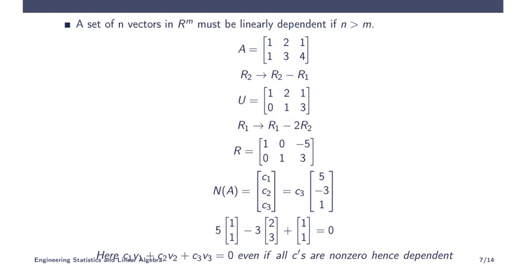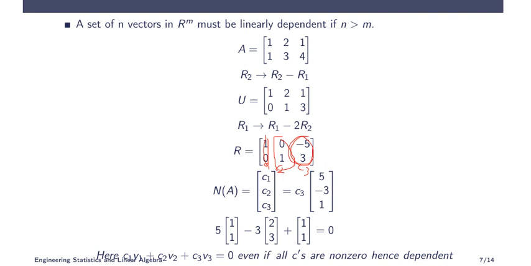Now this is a pivot column, this is another pivot column, and this is a free column. We know that the independent variable is the third one, right? So the free variable is the third one. C1 and C2 are not free, they are pivots, and the last one is free. So I can write C3 as 1 times C3, and for C2, we have discussed this in the last class. You have to take this matrix, change the sign and substitute here.